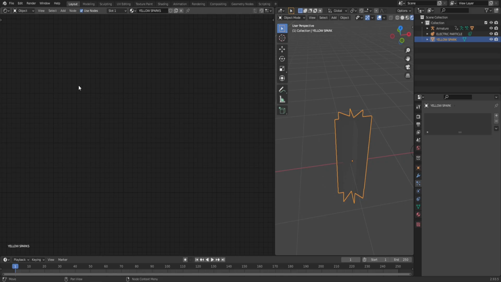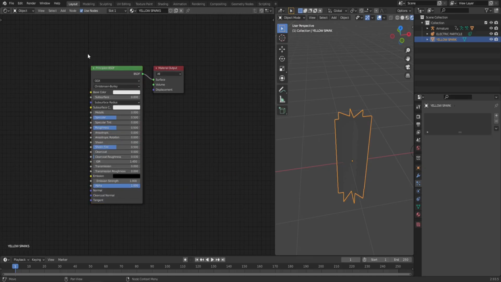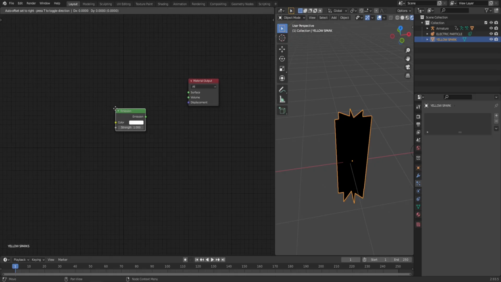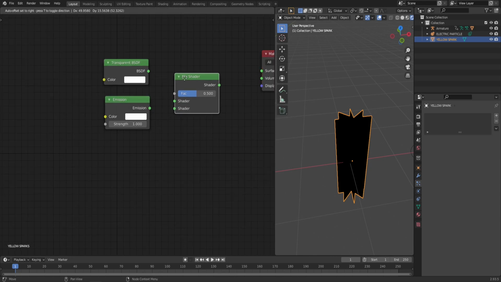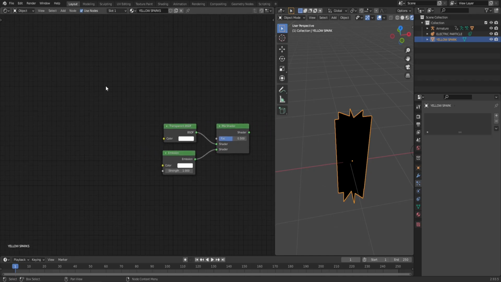And now if you can't find the principled BSDF, you can simply click A to select everything and then comma on your numpad to focus on whatever you just selected. Then let's delete the principled BSDF and again create the emission, transparent BSDF and a mix shader. Let's connect it like with the previous one, emission on the bottom, transparent on top, and let's start with a